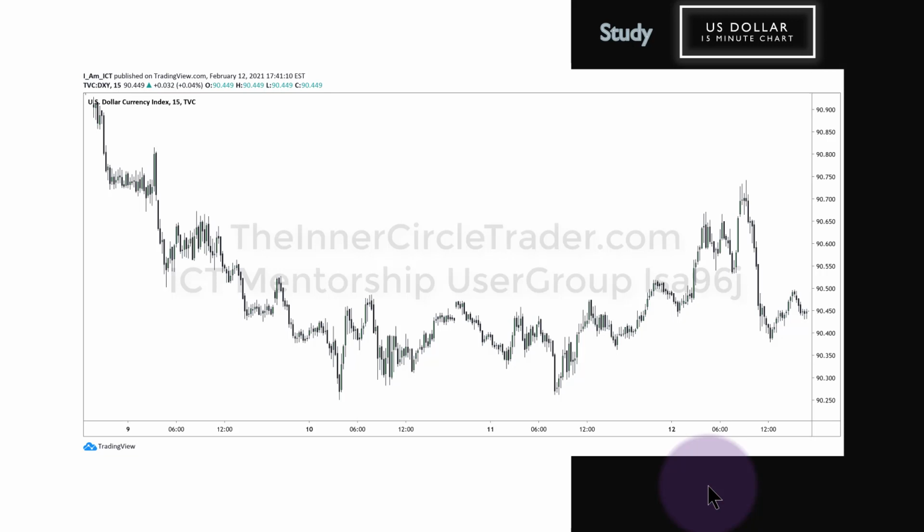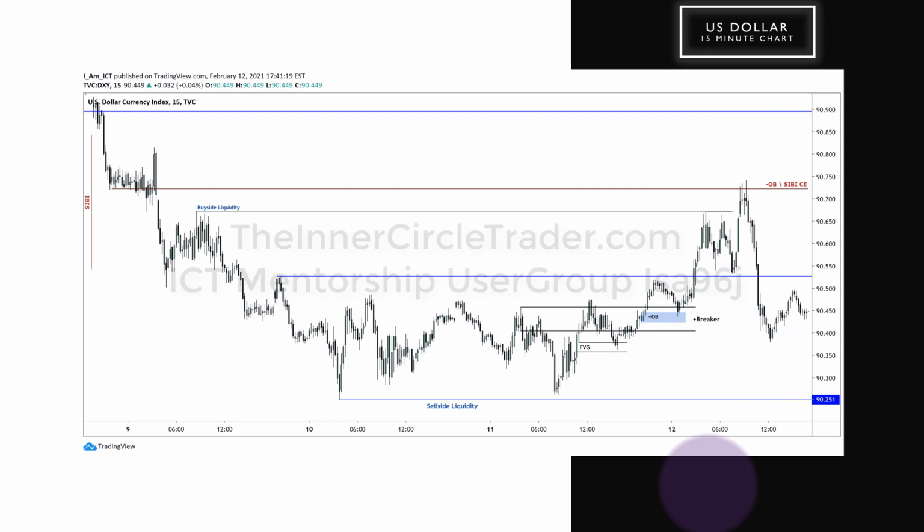15-minute time frame dollar index. Again, the sell side imbalance, buy side inefficiency is all here. Now, when you look at it like this on the lower time frames, it doesn't look like it would be a sell side imbalance, buy side inefficiency. It looks like it's rather inefficient, except for the little areas in here and here. Does not matter. You need to understand it from the daily time frame and then study. Once you go on the lower time frames, there's specific PD arrays that we'll focus on once we drop into lower time frames. But the context is working inside of that imbalance on the daily chart.